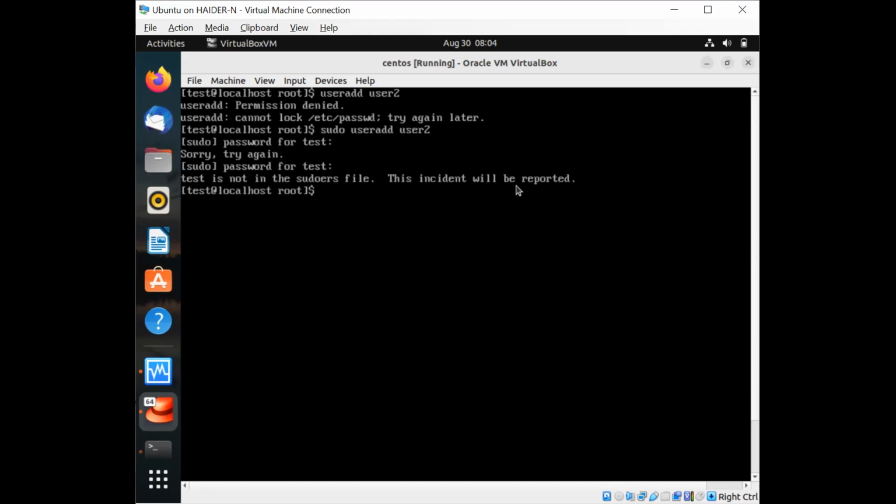So there are two methods to give sudo privilege to a test user. Now you can see that the test user does not have the privilege of sudo. Okay, we got an error. So how can we add this test user in the sudoers list, or how can we give the test user sudo permissions? So there are two methods. First is useradd -g wheel, wheel is a group,